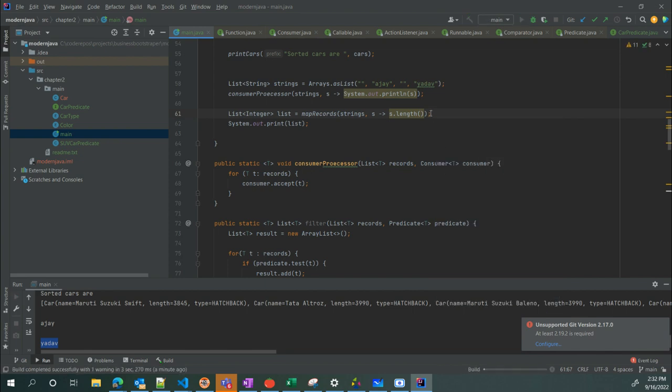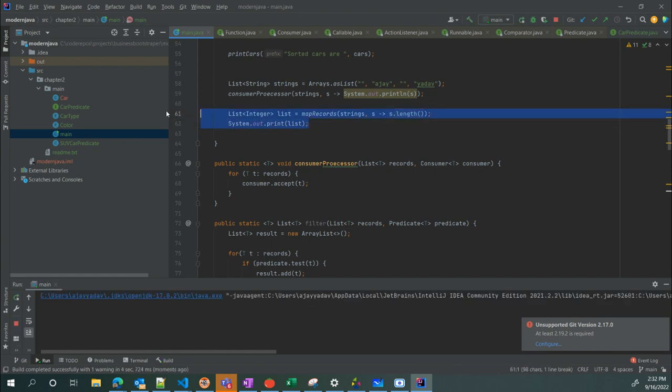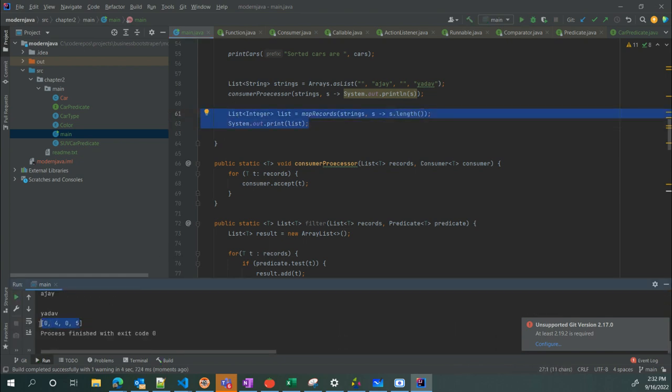You see, we pass the lambda expression for the transformation, and based on the transformation, we store the result. So it returns the list of lengths of its strings. So first is 0, second 4, 0, and the 5. I hope that particular session will